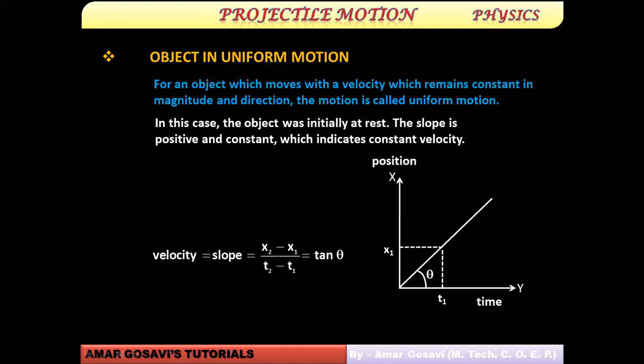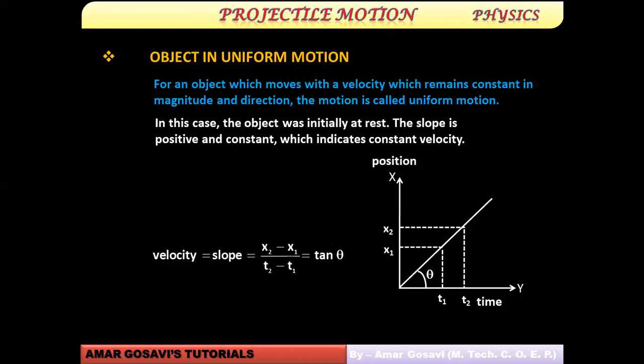So this is how you plot x1 for the coordinate p1, similarly x2 for coordinate p2. You can just drop perpendiculars on the x and y axes and work out things. So take a note of this. Now this is the second case which we have discussed, where the object moves in uniform motion and the position-time graph would look somewhat like this. It's a straight line passing through the origin. And what is the slope of this line giving you? It's giving you the velocity.